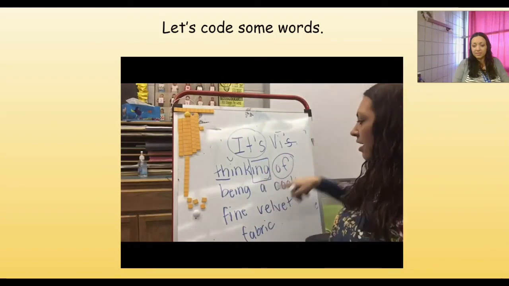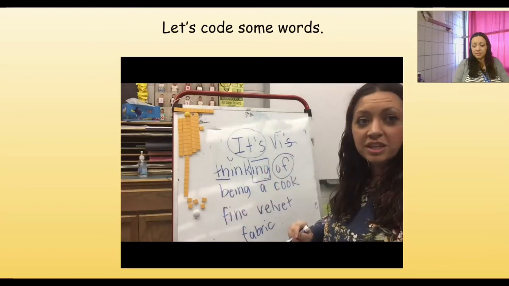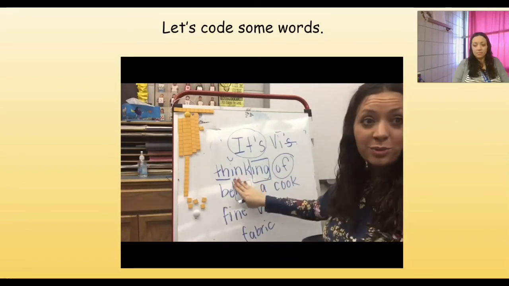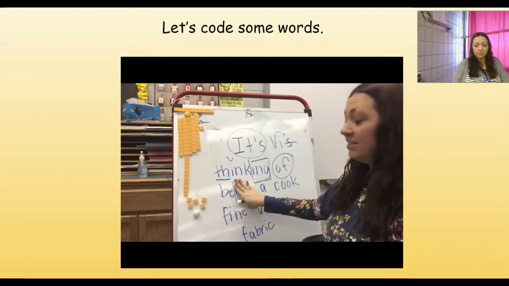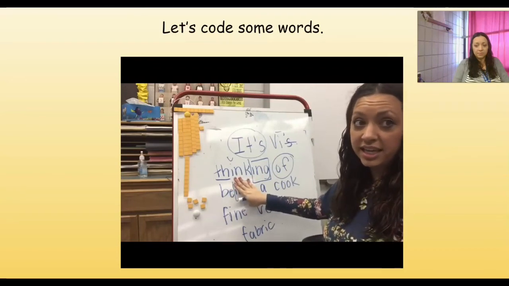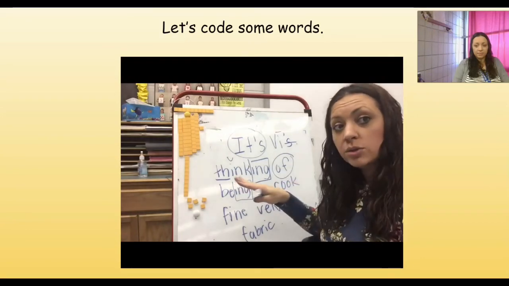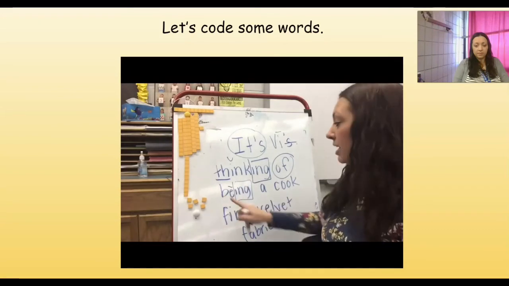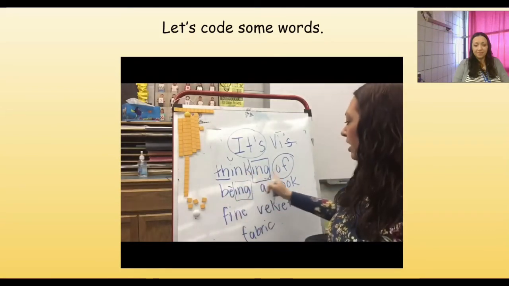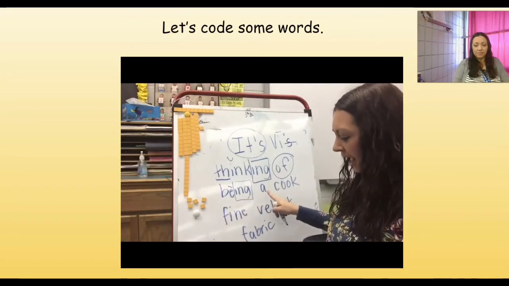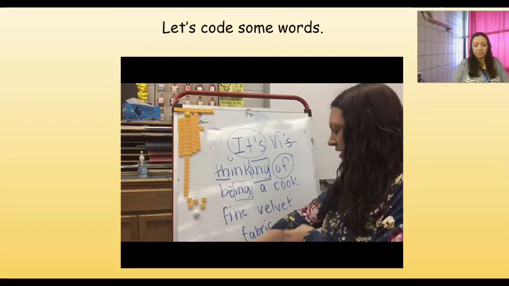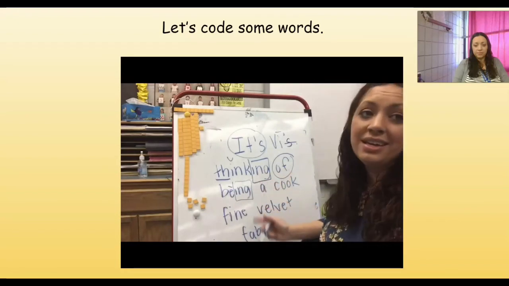So thinking of, what about this word? Look at the end of that word. It's got the ing too, so I'm going to box it off. Now the first part of that word's really easy now. My E doesn't have anything behind it because remember that ing is like there's nothing there right now. So it's open, so it's going to be long. So I'm going to put that macron on top. So B-E, be. So being. So thinking of being. I have A by itself. And I know if A is by itself, it's just going to say its name, right? But when we sound it out, thinking of being A,